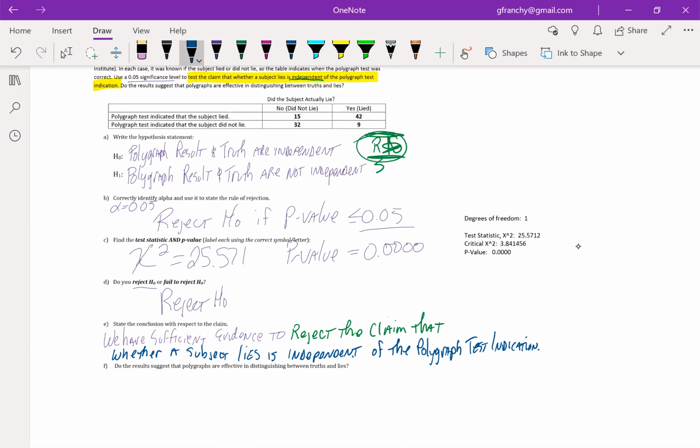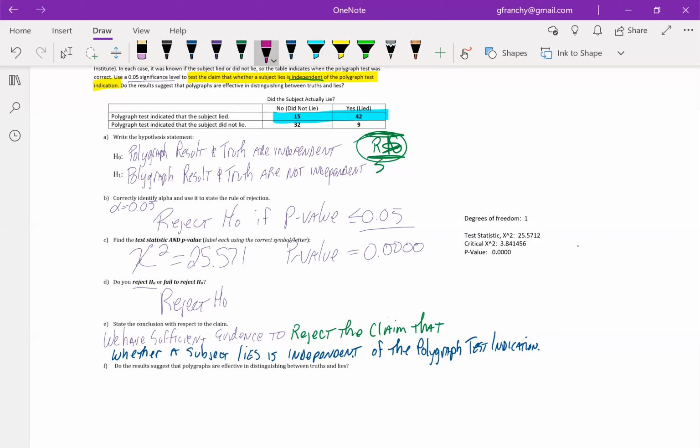So, you know, how it's picking up whether or not they lied or didn't lie, it's doing better than flipping a coin. It's definitely distinguishing them. But when we get to our last question, do the results suggest that polygraphs are effective in distinguishing between truth and lies? Well, if we come back up and take a look at this,